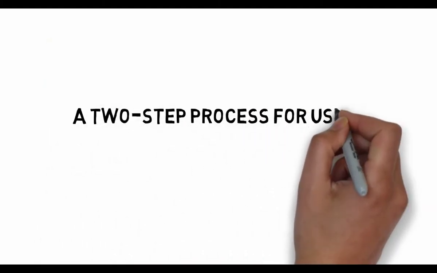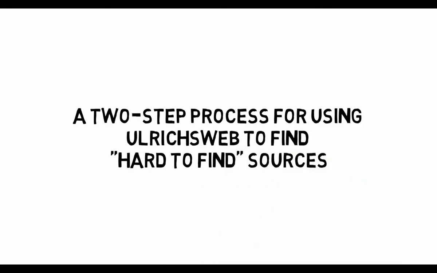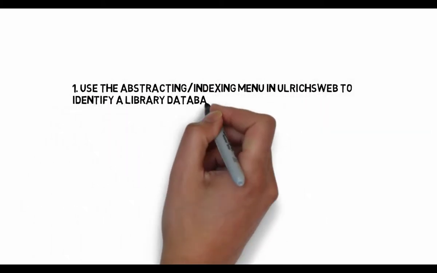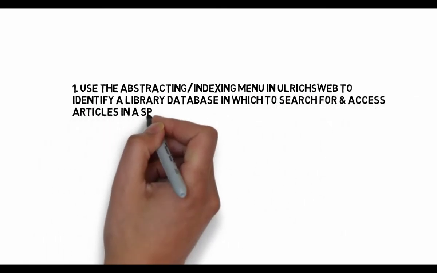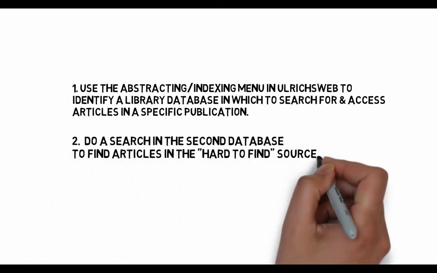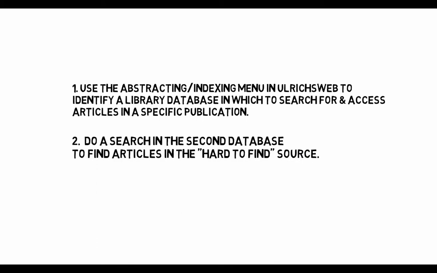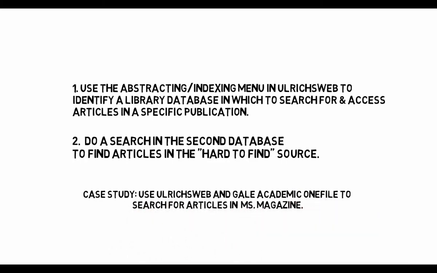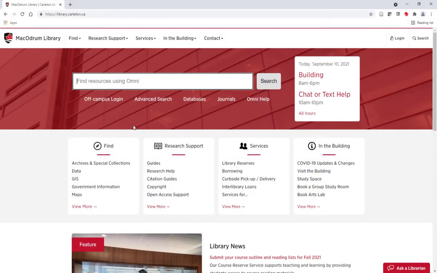This video introduces a two-step process for using Ulrichsweb to find hard-to-find sources. Step 1. Use the Abstracting Indexing menu in Ulrichsweb to identify a library database that gives access to a hard-to-find publication. And Step 2. Do a search in the second database to find articles in the hard-to-find source. In this case, we will use Ulrichsweb and Gale Academic OneFile to search for articles in Ms. Magazine. We'll start on the library homepage at